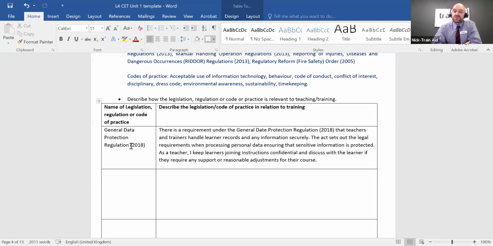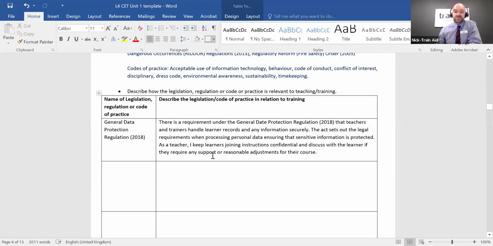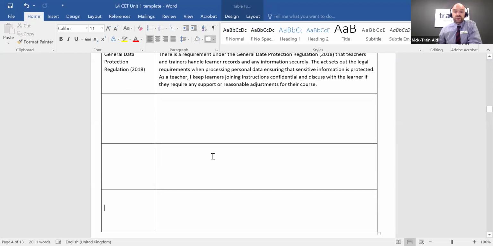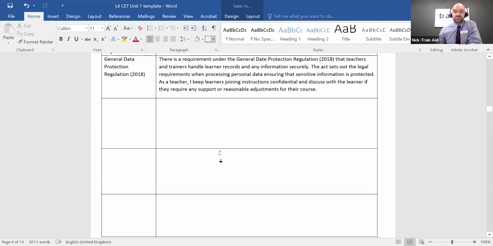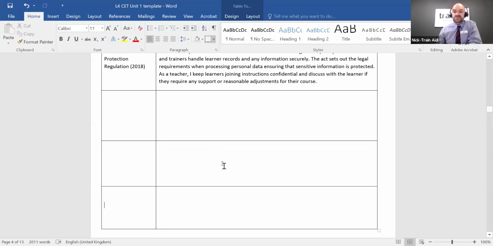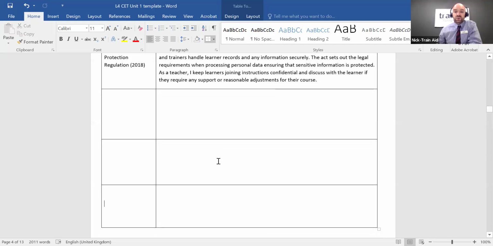There is a requirement under the General Data Protection Regulation of 2018 that teachers and trainers handle learner records and any information securely.